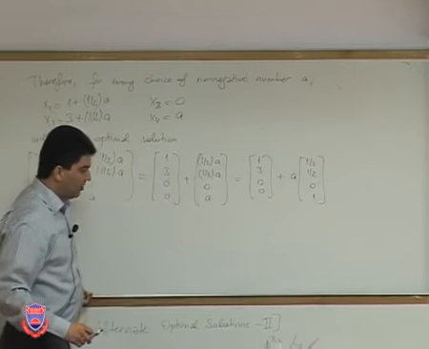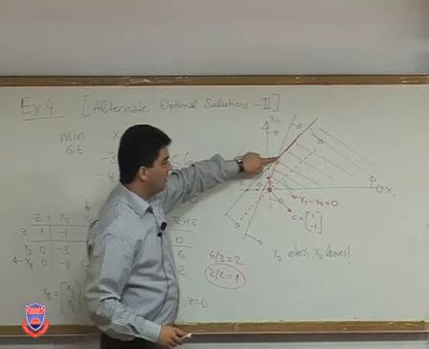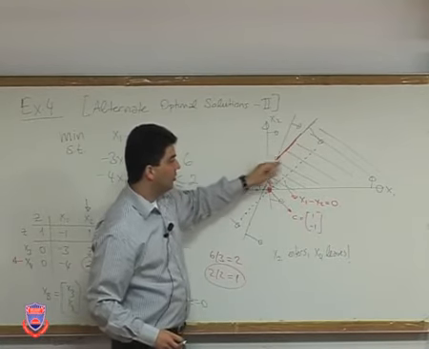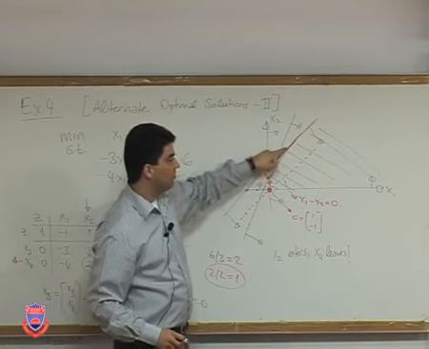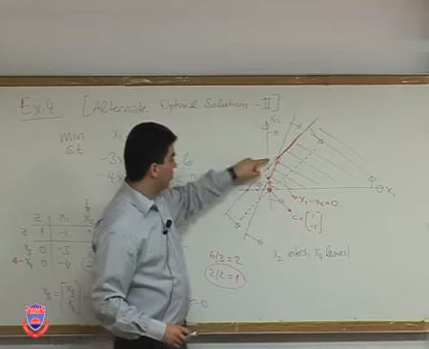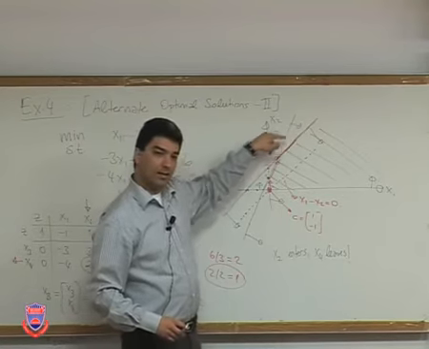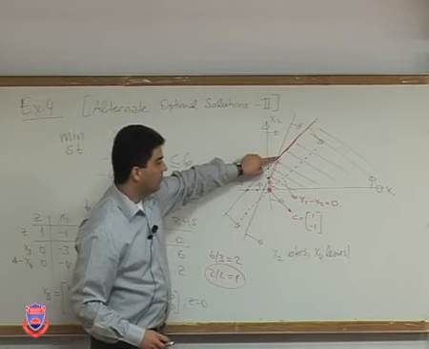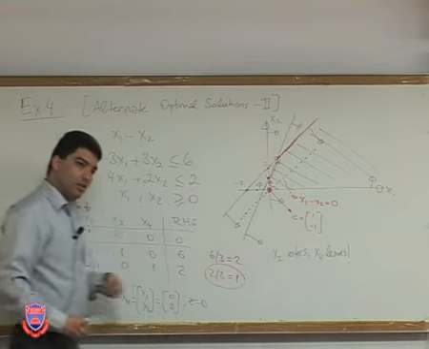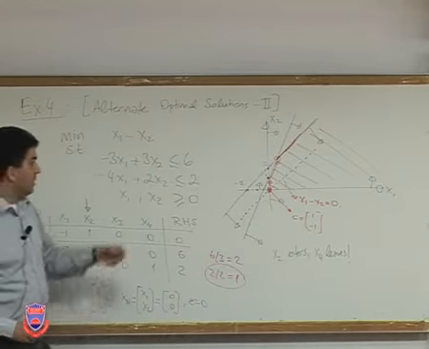So if I go back to this picture again, it tells me that if I start at this point and move along this line, the vector 1 over 2, 1 over 2 is directed in this direction. So as I increase a, I'm moving on this line. When a is equal to 0, I'm at this point, and as a increases, I'm getting all possible optimal solutions. So the main message is that the simplex method gives you all possible optimal solutions,